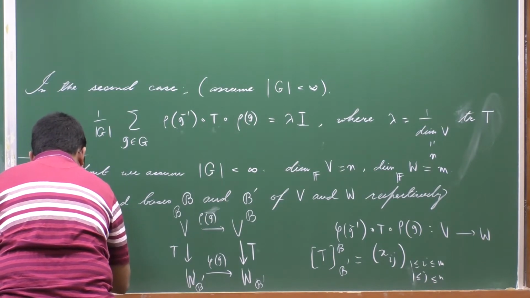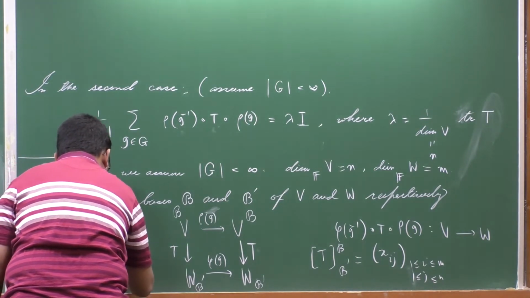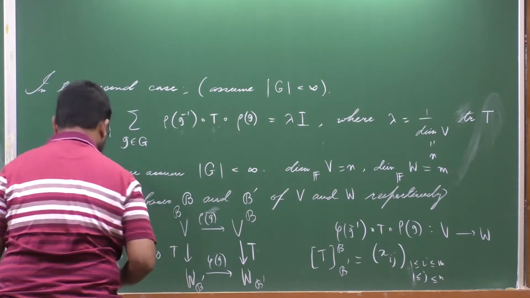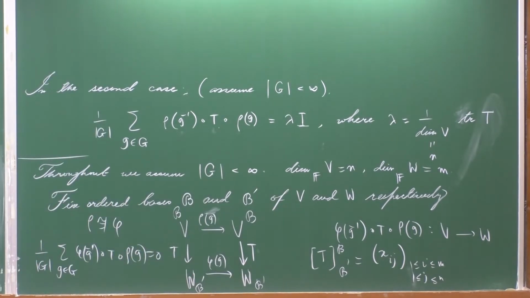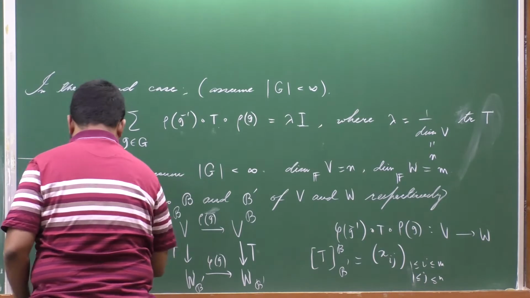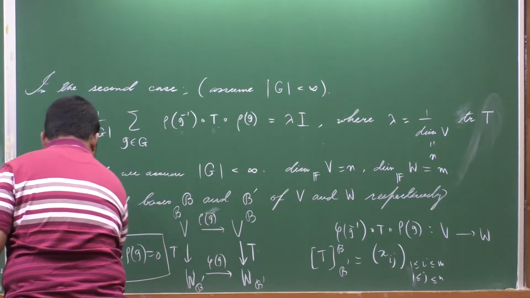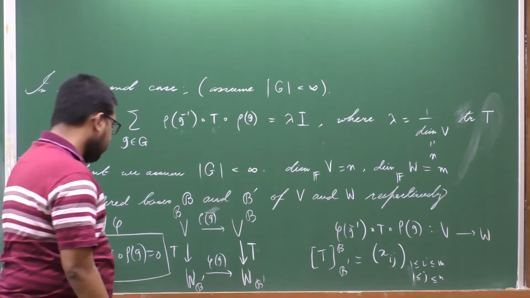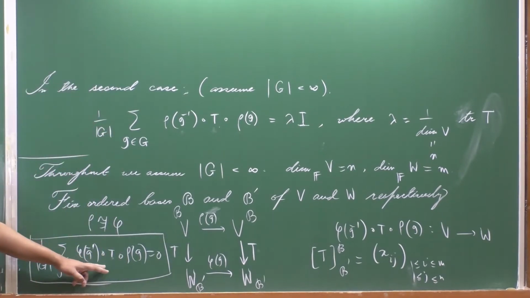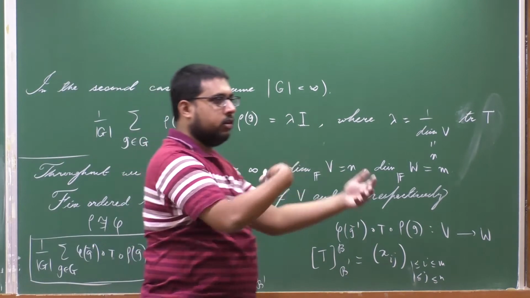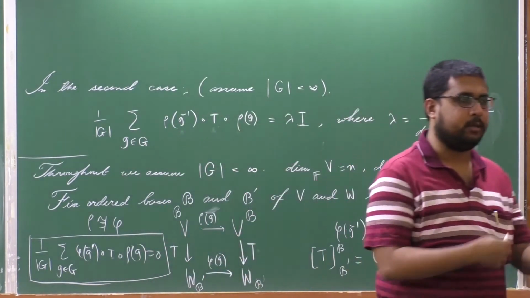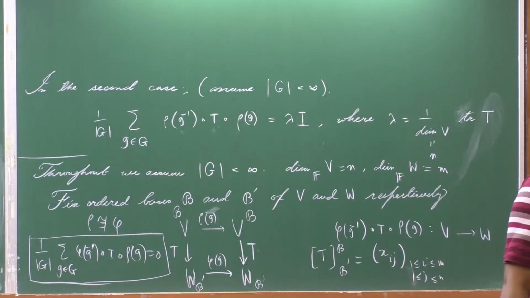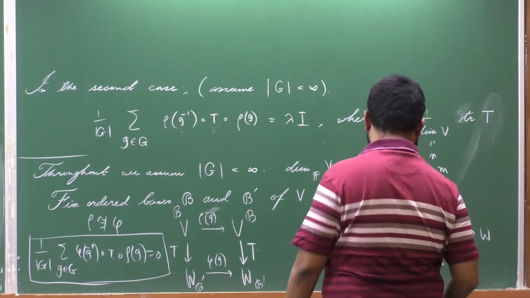Phi g inverse t rho g. Okay. So whatever t you choose, this quantity is going to be 0. So that means t is arbitrary, so you can consider any linear map t. Since you have a one-to-one correspondence between the linear maps and the m by n matrices, therefore